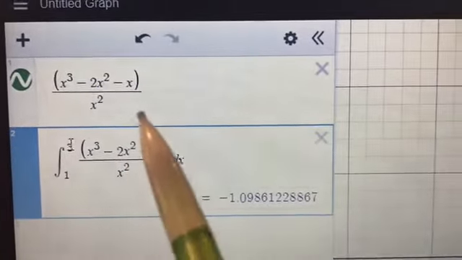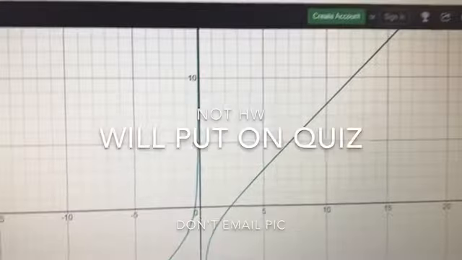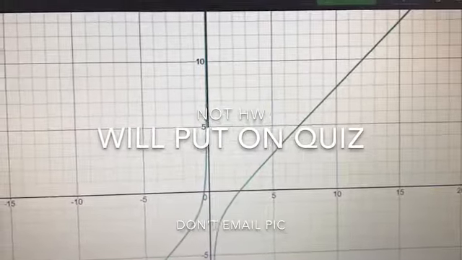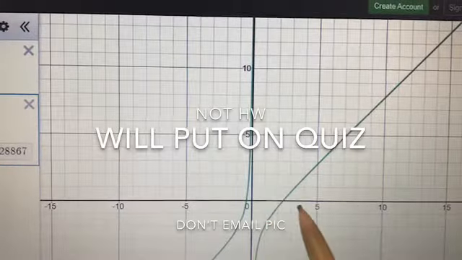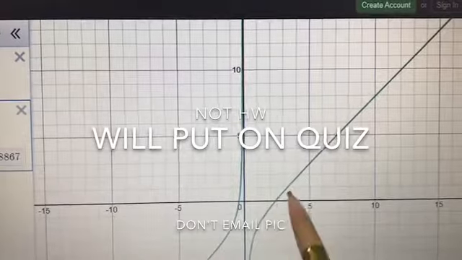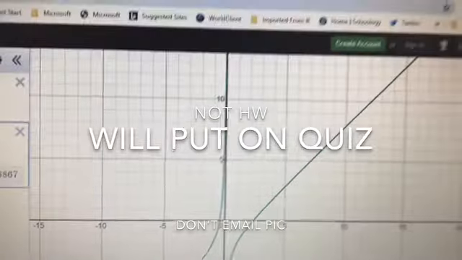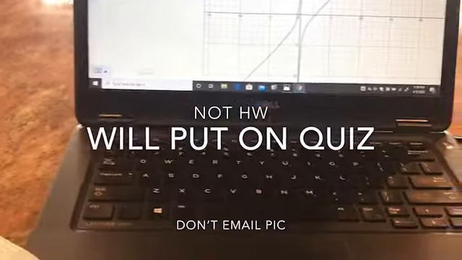Okay, and then here I graphed the function. So this is a weird looking function, so you just want to show your shading from 1 to 3. So hopefully it makes sense that you have more shading below the x-axis than above the x-axis, and that's why it led to that. So I would like you guys to,